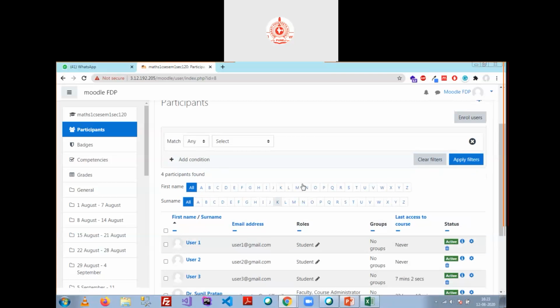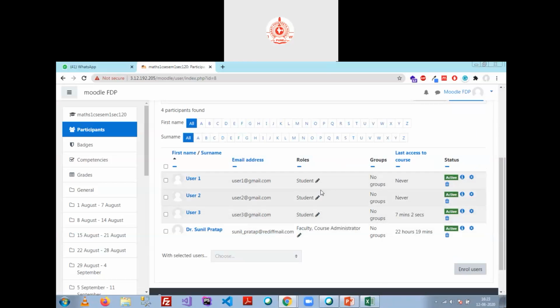Earlier I discussed how to enroll the students into the course. Right now I'm discussing how you assign the faculty for the course. So all these participants are going to be joined. Now only these members are supposed to log into the course, and they can perform all the activities which are assigned to the course. Okay, so I think it is clear to all of you.